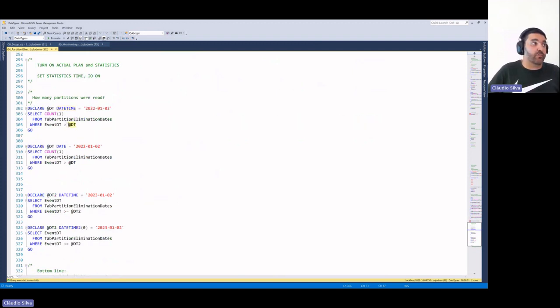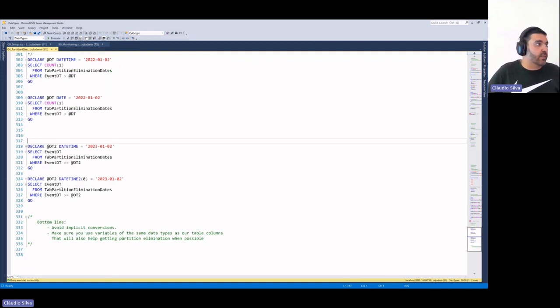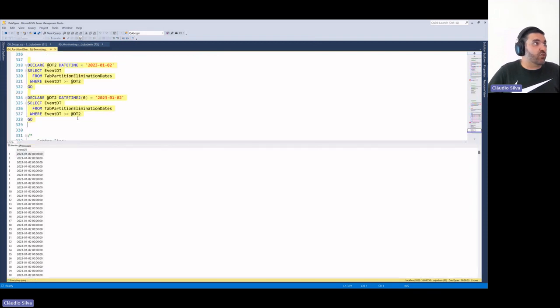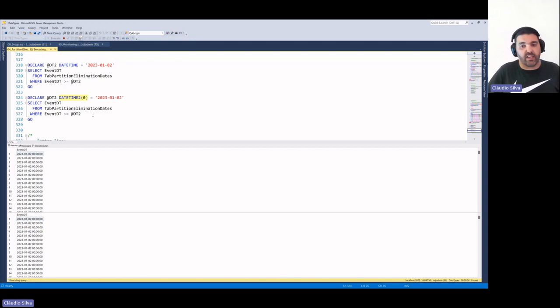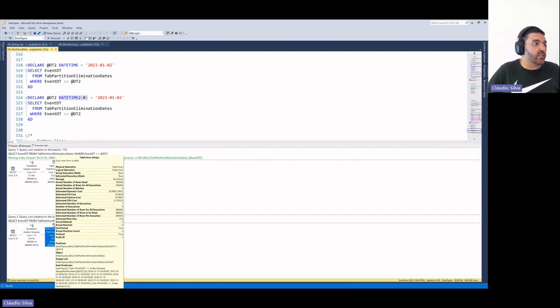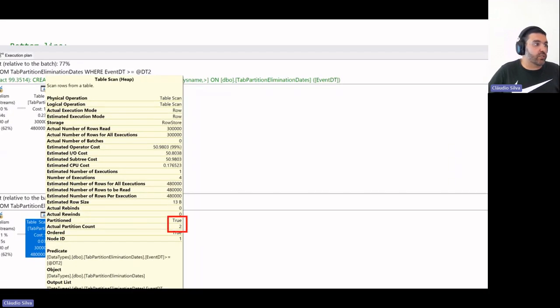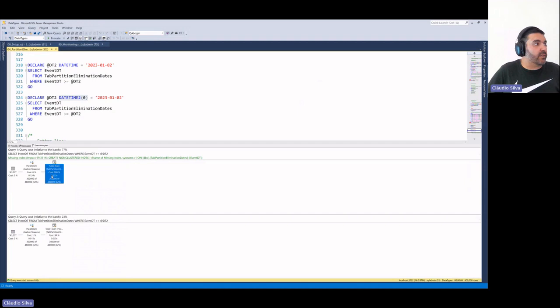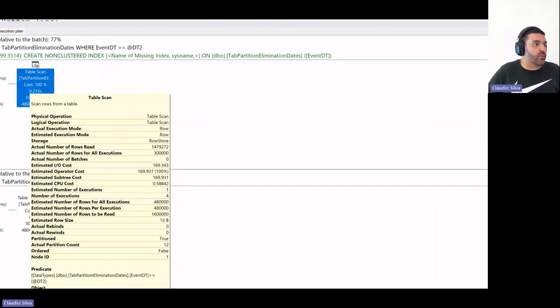Therefore the engine says, well, I cannot safely ignore the other partitions because the data types don't match. Let's double check this. Yes, here it shows that in the end, what you should be doing is running datetime2, because that is actually the data type that you have on your column. When we do that, I just touch two partitions, and whenever we do it the other way around with the datetime, we get 12 partitions.